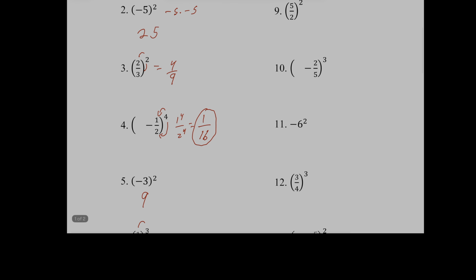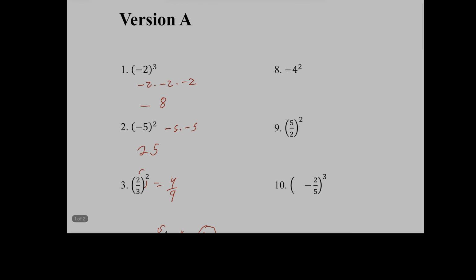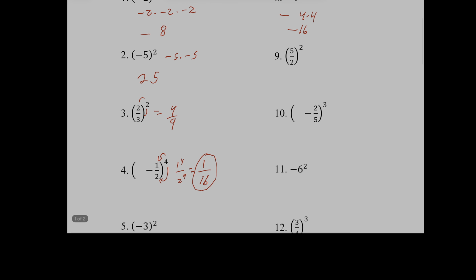Okay? If I go over to this one right here, now here's the tricky one. So really pay attention to this one. If there's no parenthesis, that 2 only goes to the 4. That 2 does not go to the negative. So this is really like negative and then 4 times 4. So my answer here is going to be -16. Okay? You only have one negative sign. It needs to be in the parentheses for it to be used on both. Okay? So now number 9, boom, boom, that's going to be